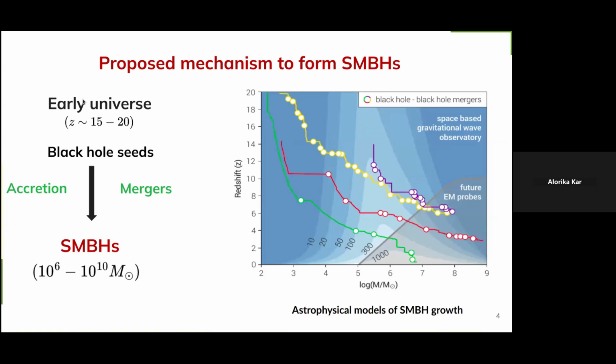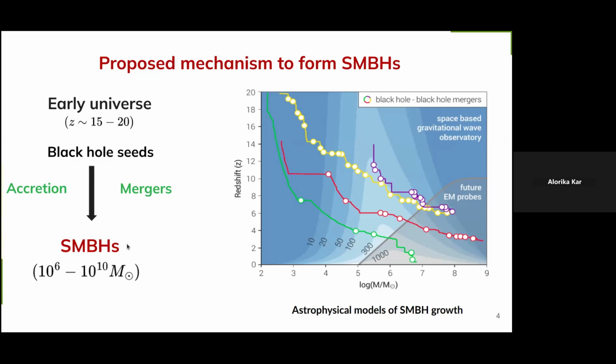What is thought is that in the early universe, at a very high redshift, you had some black hole seeds, which are smaller mass black holes or intermediate mass black holes, formed through some phenomena, and they eventually accreted mass and merged with other surrounding black holes of similar or near similar masses,